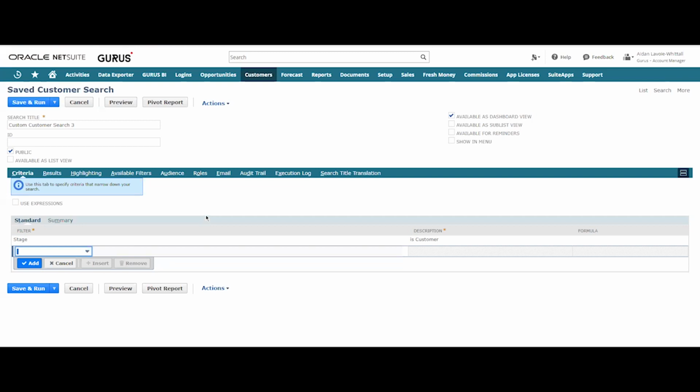If we just wanted a list of all of our current customers, we could simply stop here. But you can add criteria to continue to narrow down by, for example, when the customer was generated, if they've been communicated with, what services or products they're interested in, etc. For the purposes of this demonstration, we'll be adding one extra criteria, and that's company name.